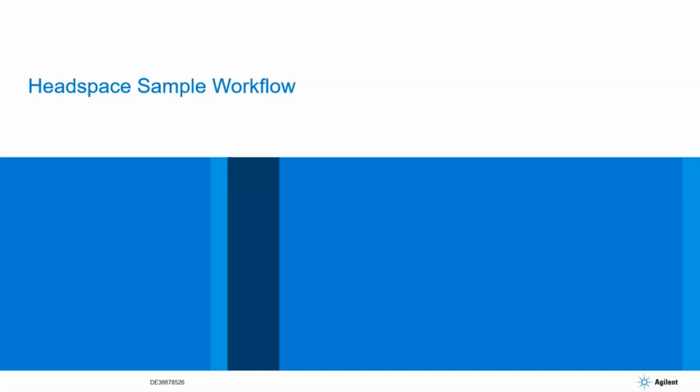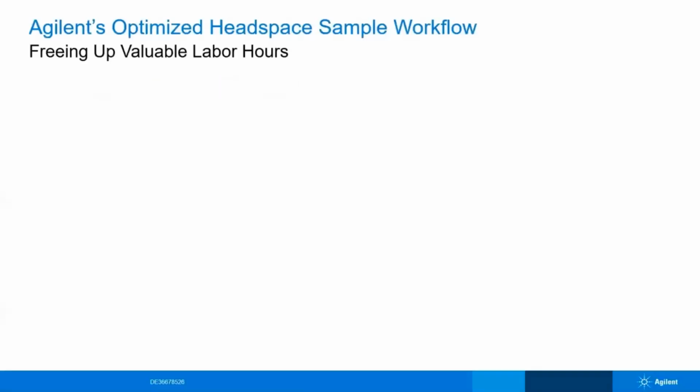So next we'll be taking you through the sample workflow that we've been working to optimize on the 8697 system. Sample workflows sound like they're all the same between different systems, but I think there's still definitely plenty of room to improve. With a little bit of work from our R&D team, we've designed the whole 8697 system around a simplified, fast sample preparation workflow to make it as easy as possible to run your lab efficiently